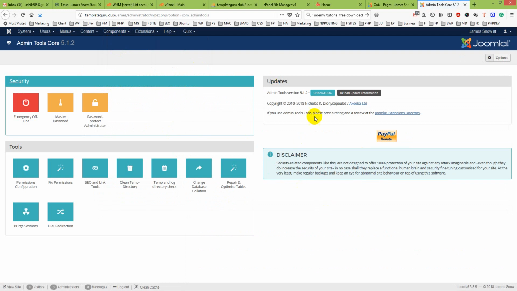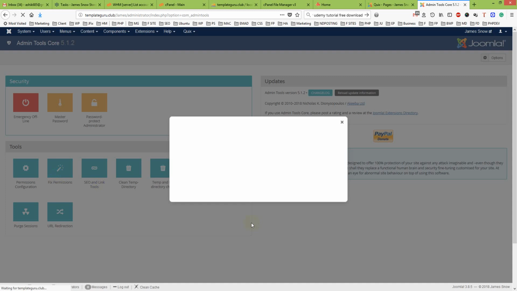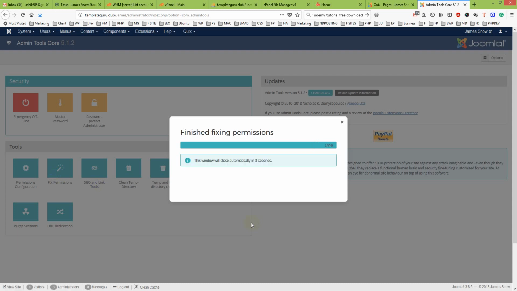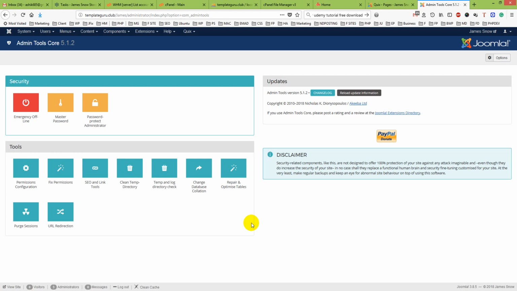So after opening Admin Tools, you will make sure to click Fix Permissions. Yes, this one, click on it and wait a few seconds until it fixes your permissions. Most often this Fix Permissions solves the problem, but still if you face this issue again, so you just